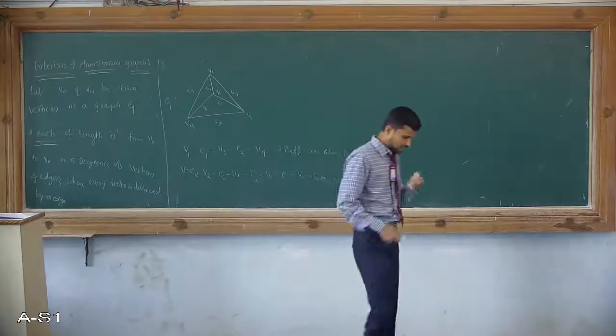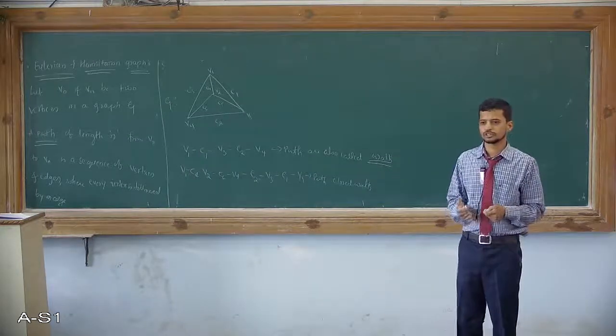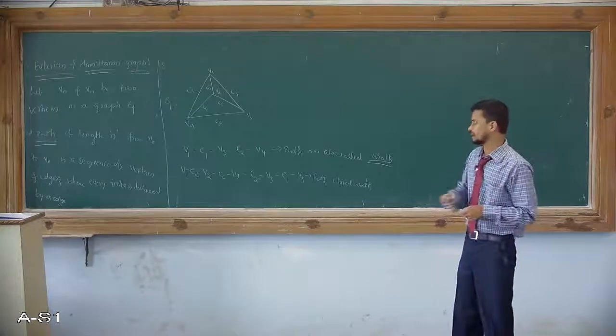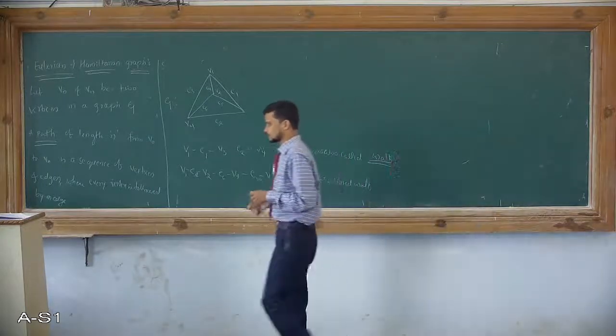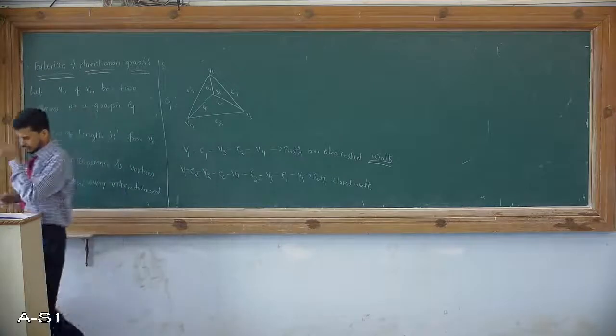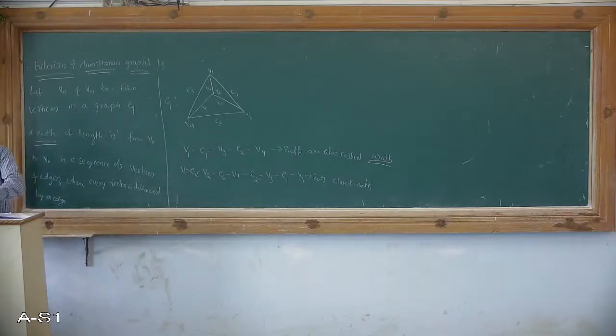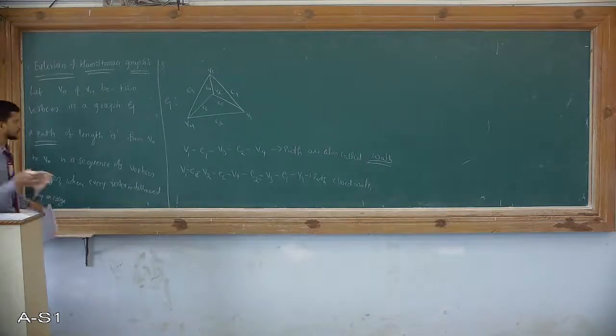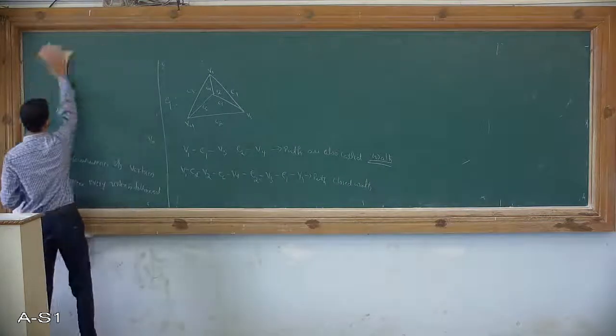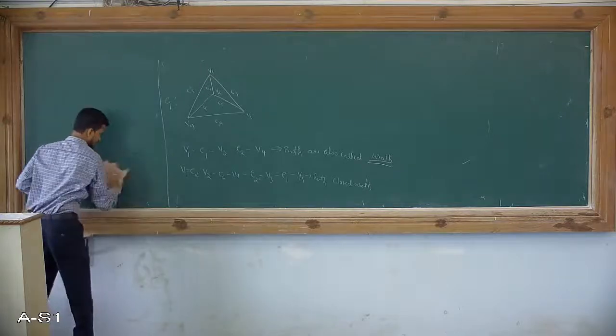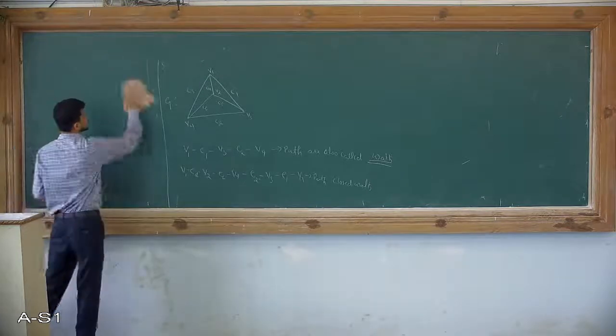So now why I am dealing with this path definition is that it is useful for dealing with Eulerian and Hamiltonian graphs. So first I will directly start with Hamiltonian. If time permits in this class, I will go ahead with Eulerian, otherwise I will continue in the next class. So first I will start with the Hamiltonian graph here. First I will write down the definition of a Hamiltonian graph, then I will take up the example because it is very easy to understand.